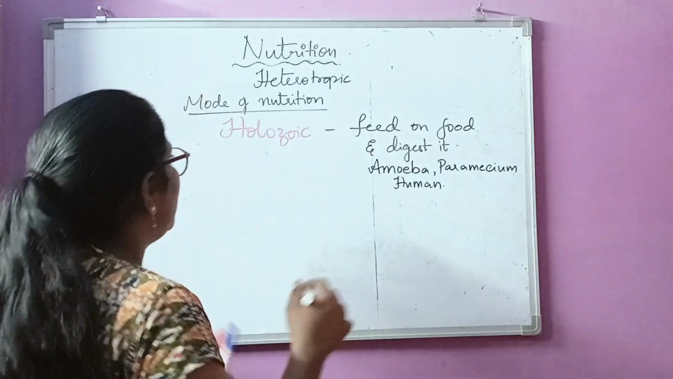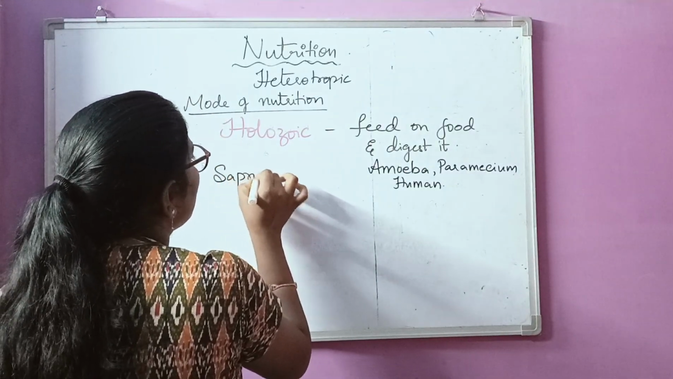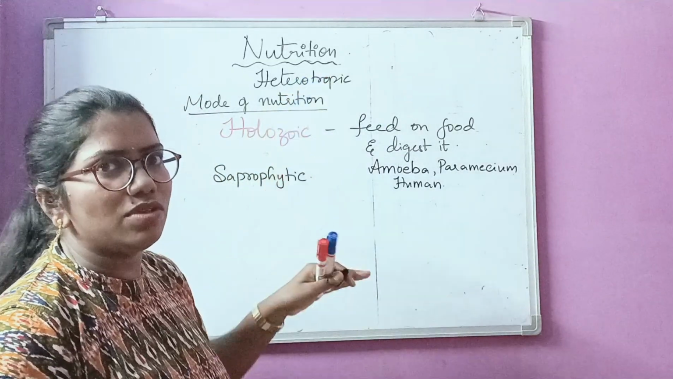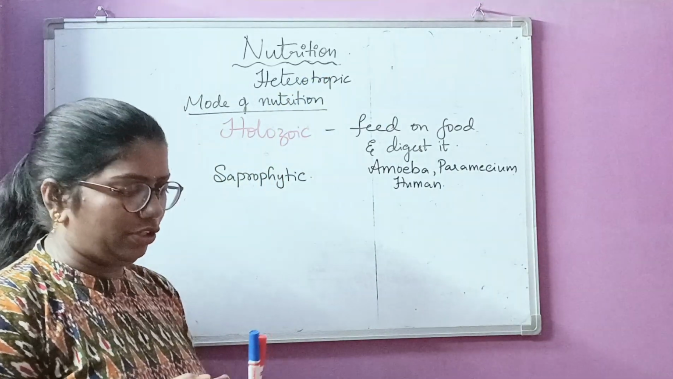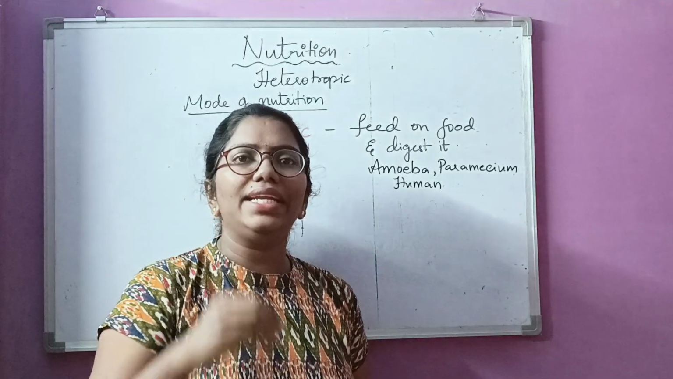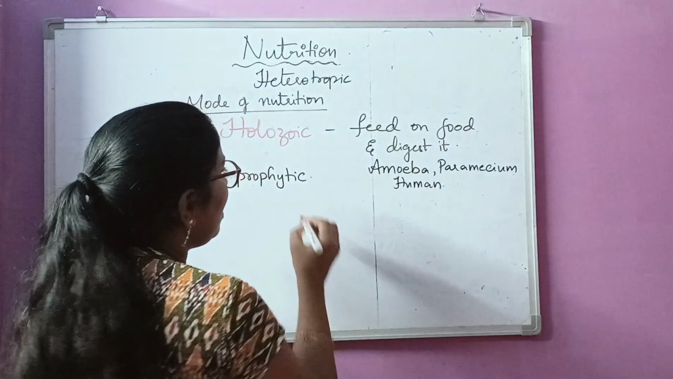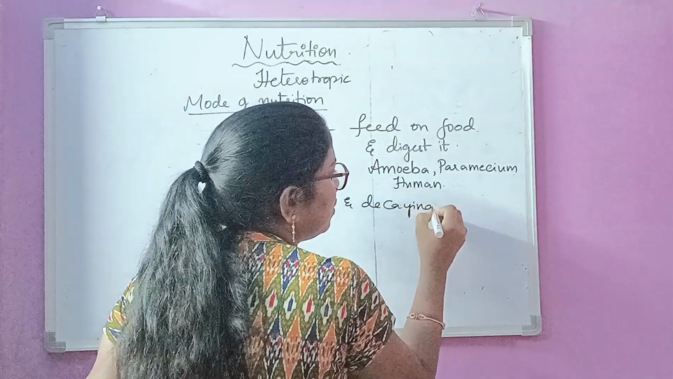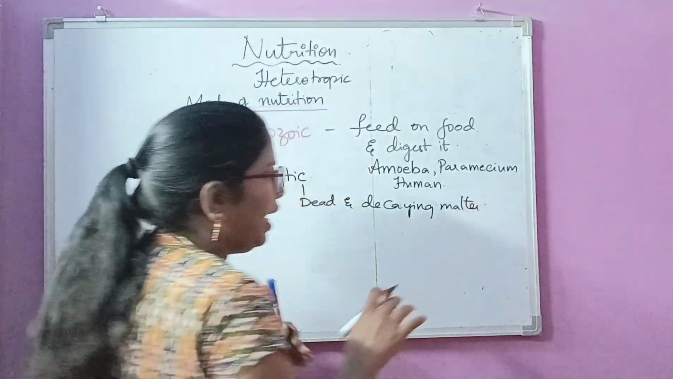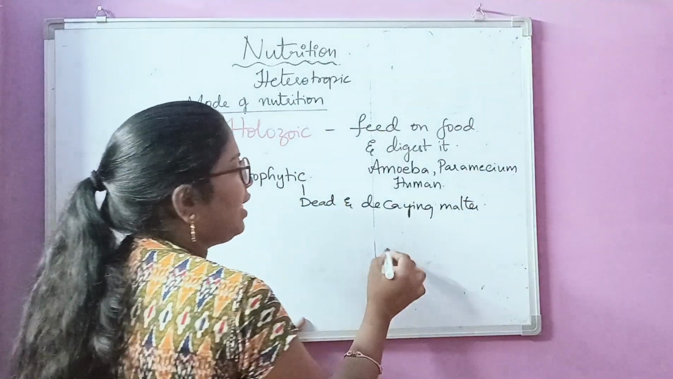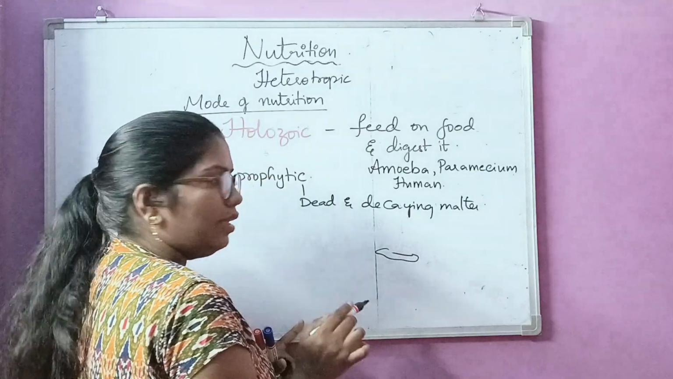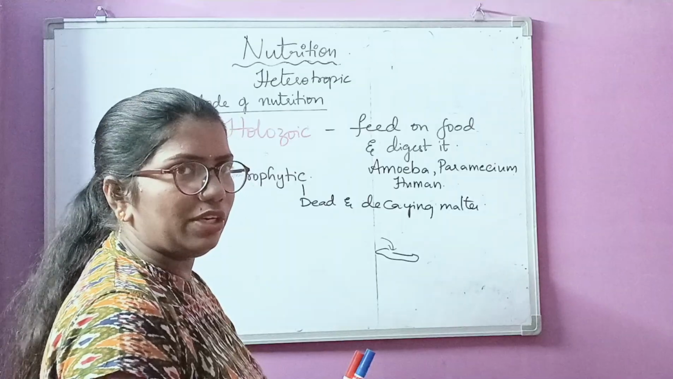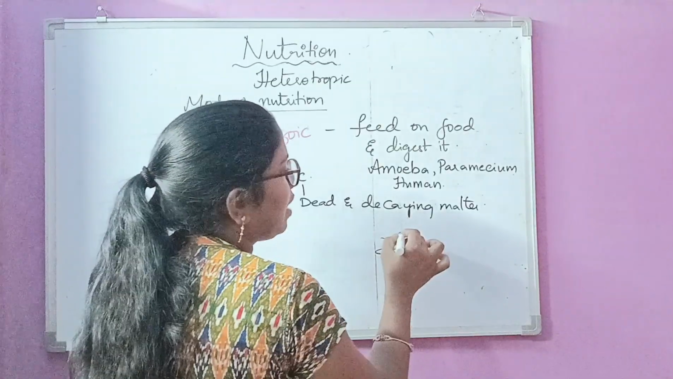The other type of nutrition is saprophytic nutrition. These all are the different types of heterotrophic nutrition. Saprophytic nutrition: they depend on dead and decaying matter. For example, anything that has become rotten. They germinate at this area. For example, you take mushrooms. Mushrooms show saprophytic nutrition. What they do, for example, if this was a mushroom,